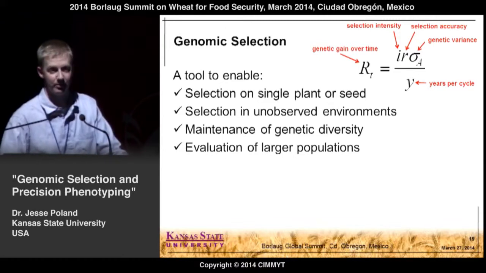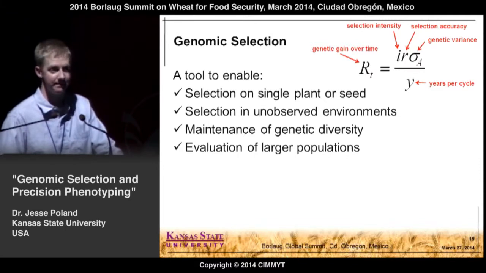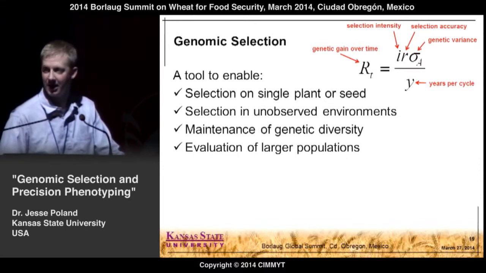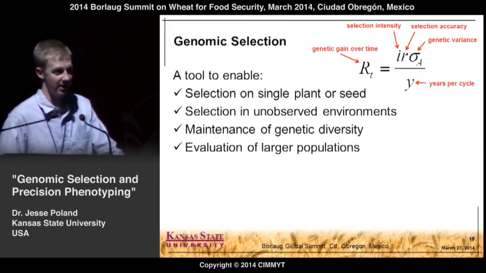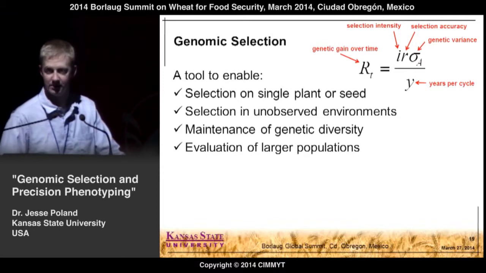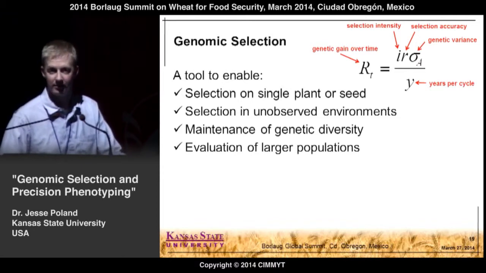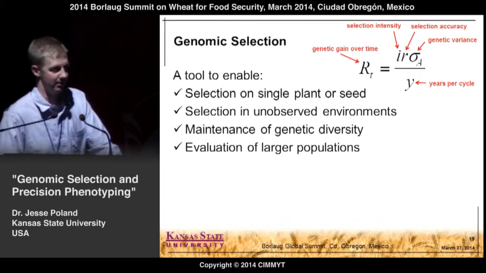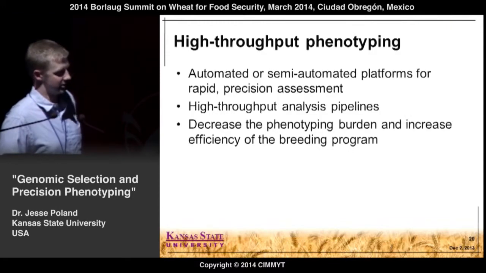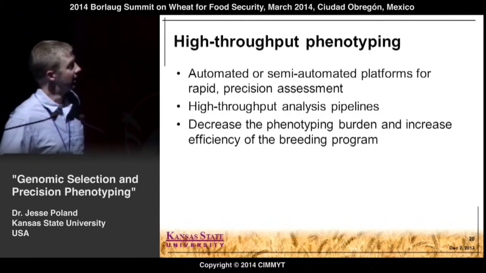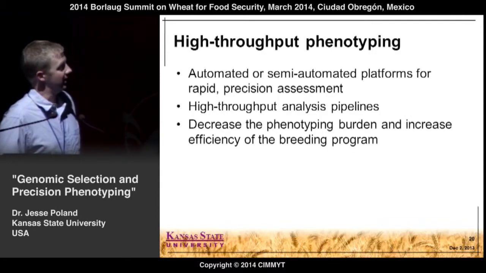And so a good example here again, going back to the bake testing, is that the baking labs are really limited by the number of samples that can go through. And so we can easily genotype tens of thousands of samples for a relatively low cost. And this can greatly then expand the number of lines, basically, that we're able to do selection on, say, for bake quality. So now I'm going to shift and talk in the context of high-throughput phenotyping, and really to define this